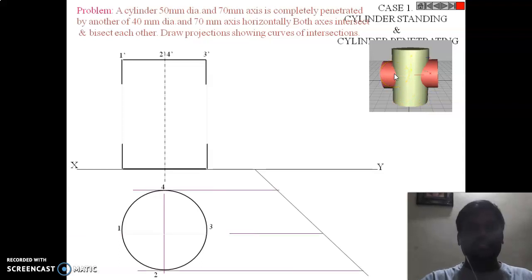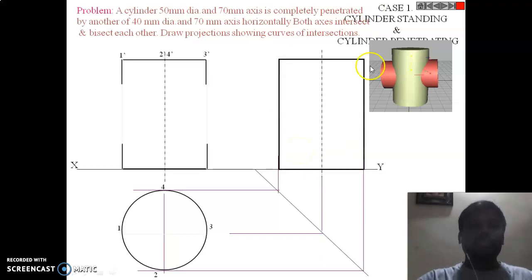That's the reason we project a 45-degree line at some distance on the reference line. Draw a 45-degree line and project the points from the circle as projectors onto this line, and erect them again onto the top. I hope you have studied this in the intersection of solids and planes. In order to get the side view, we project from here a line, draw a 45-degree line, and project from the circle.